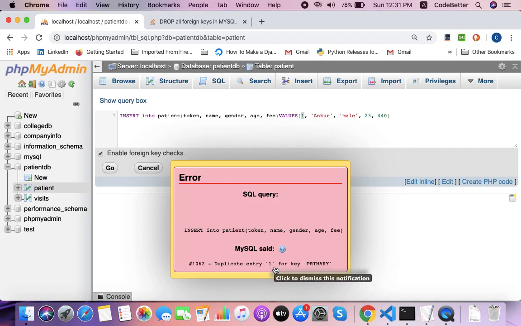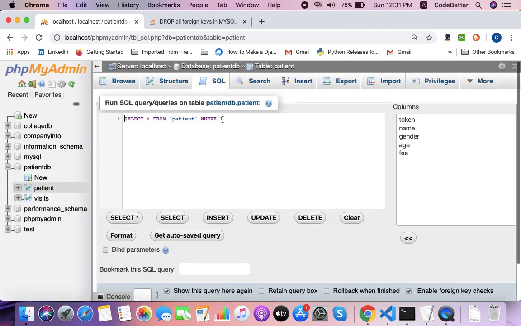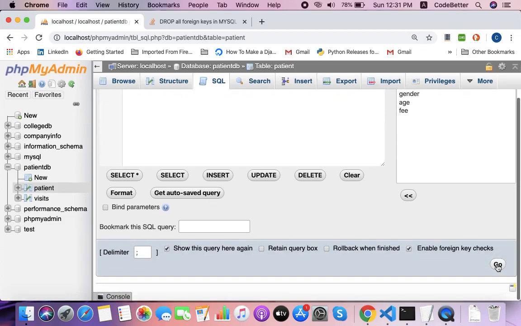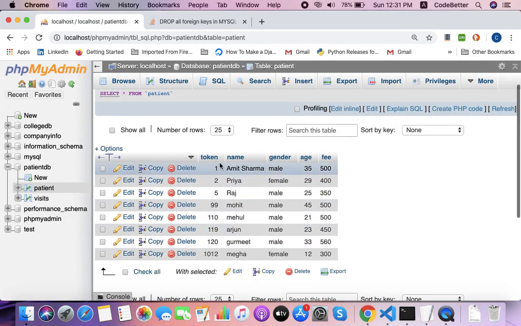So the rule has been applied. This is the way we can define a primary key. A primary key allows you to add a constraint on a column to allow only unique values. So you can see there is no duplicate entry for token number 1.